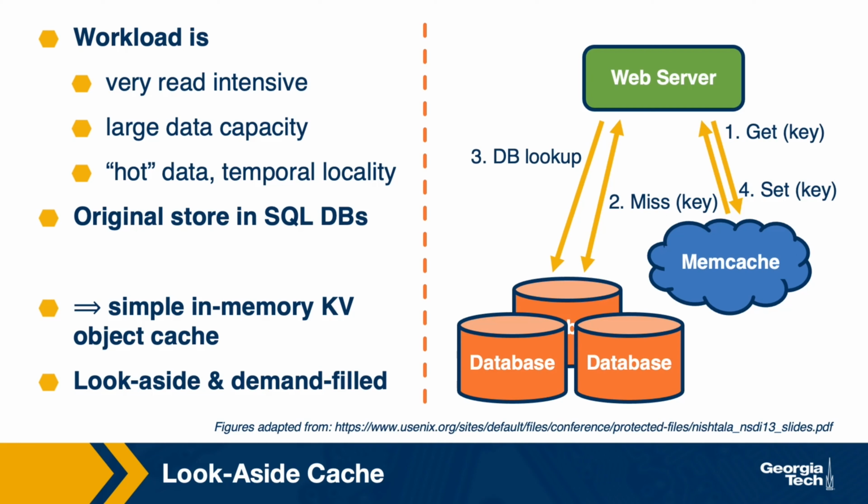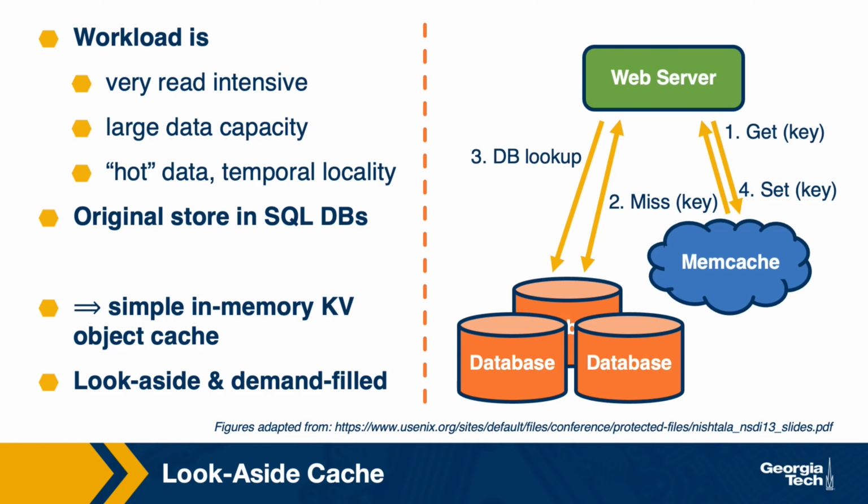Second, unlike the caches that you're maybe used to seeing as part of the processor architecture or the file system, this cache does not sit in front of the database, but on the side. So this is what the look-aside cache looks like. It's called look-aside because the client application that's trying to access it will explicitly perform a GET request from this cache. If the GET is served from the cache, if it can be satisfied, then great. Otherwise, this means that the requested element is not in the cache. We have a cache miss.